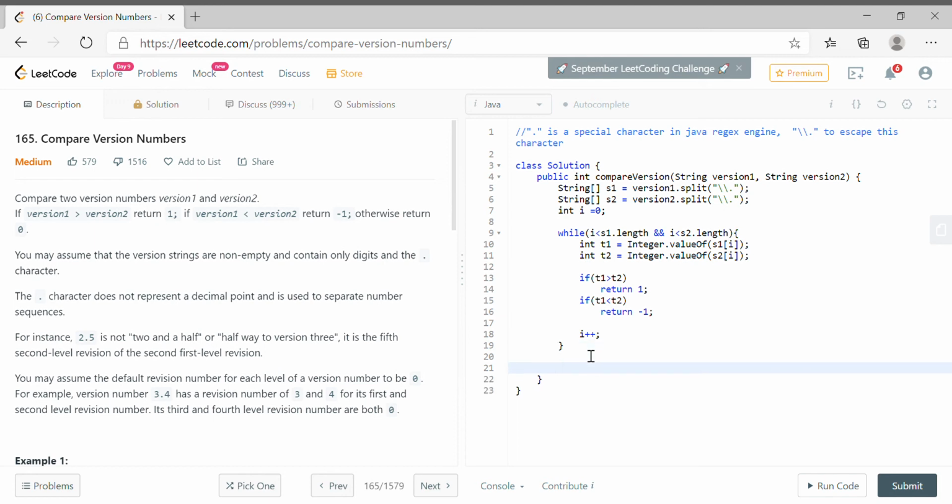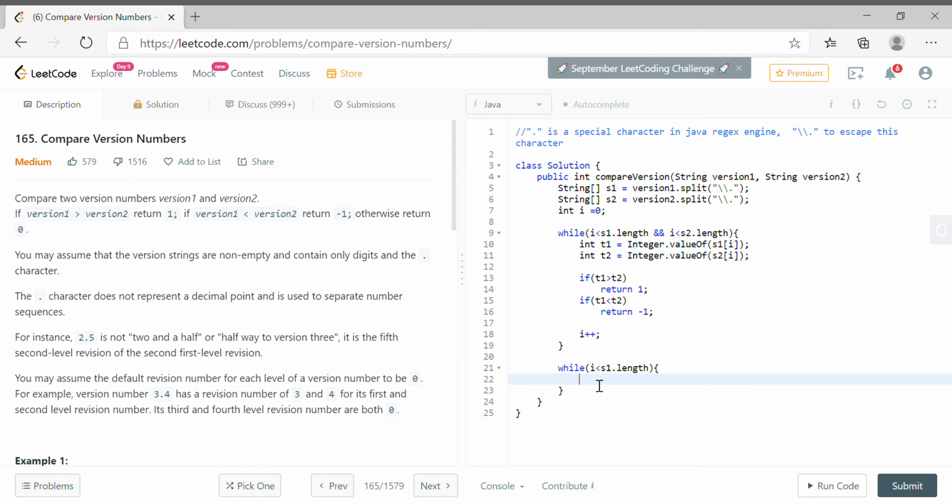Now, while i is less than s1.length, it means that if s1's length is greater than s2's, we still have to traverse s1.